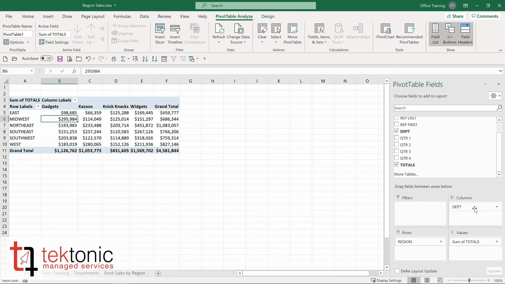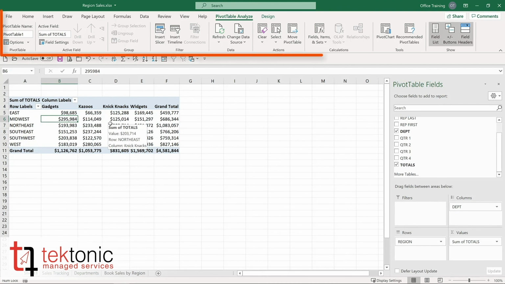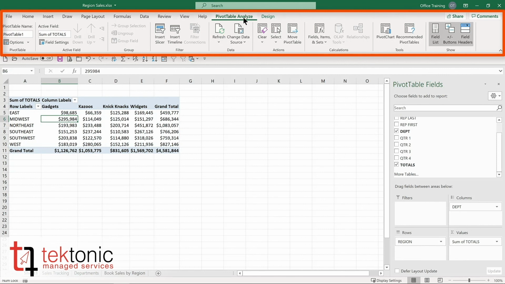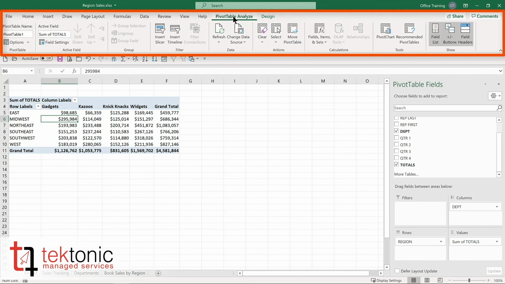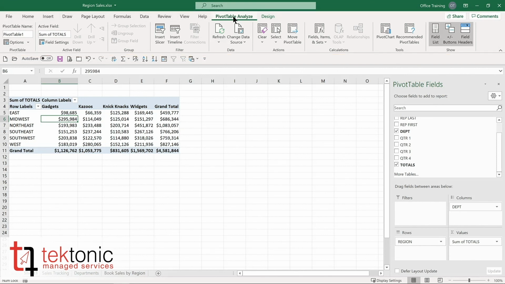How could you use this with your complex Excel worksheets? Notice as well when you're working with pivot tables that there are two contextual ribbon tabs, the Analyze tab and the Design tab. These offer you additional options as you're building your pivot tables. And it's good to know that you can have more than one pivot table against one data source. Each one of these pivot tables is created as a separate worksheet, which you can easily rename and move within